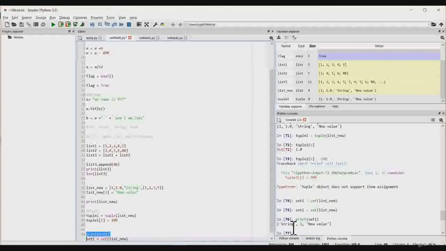We have the values over here, string 1 and new value. You can definitely change the values of the set elements. The only difference is you cannot add duplicate values. But in case you add duplicate values, it won't throw you an error, it will just remove duplicate